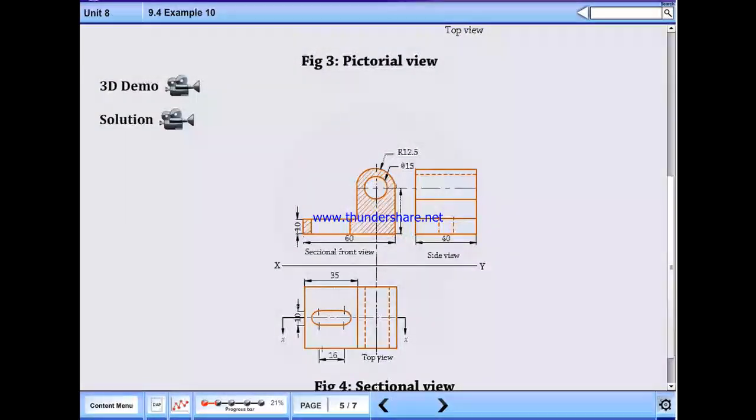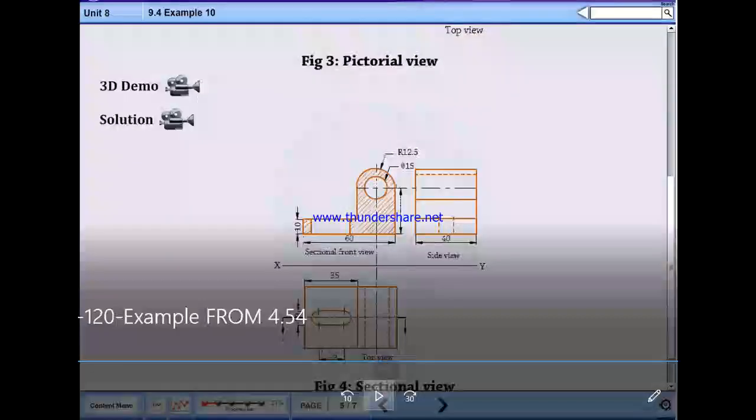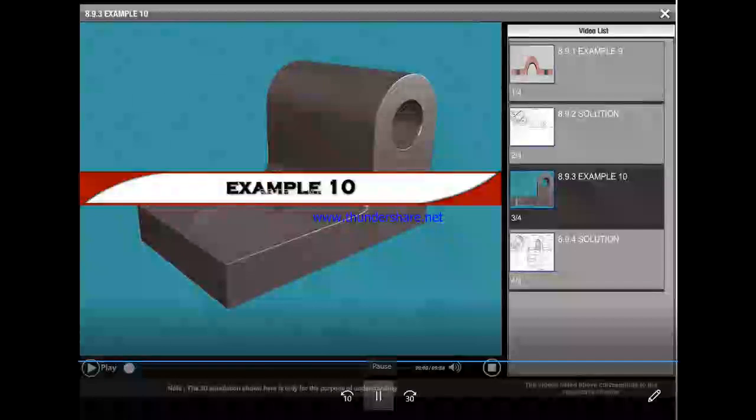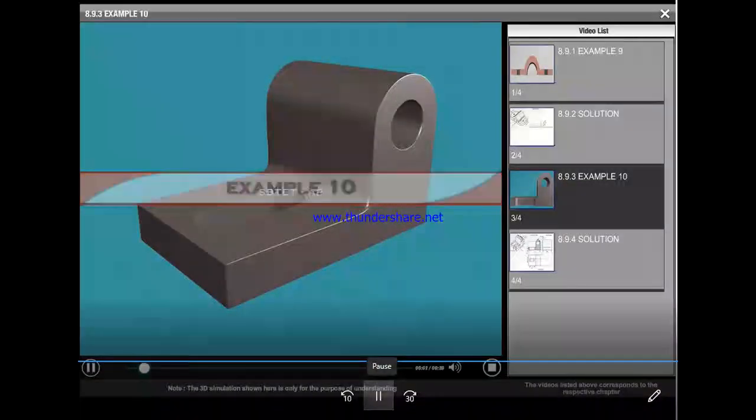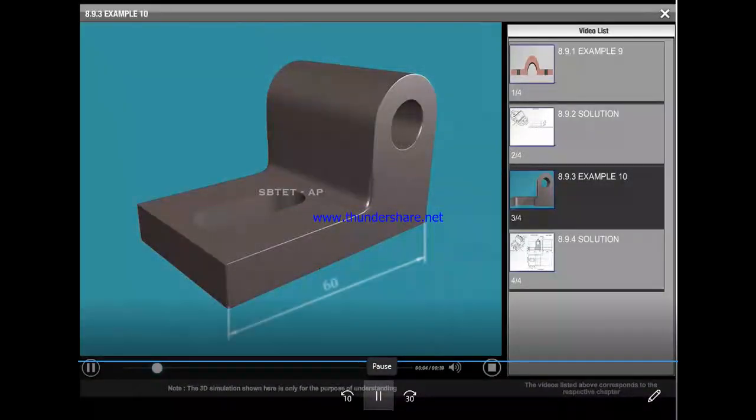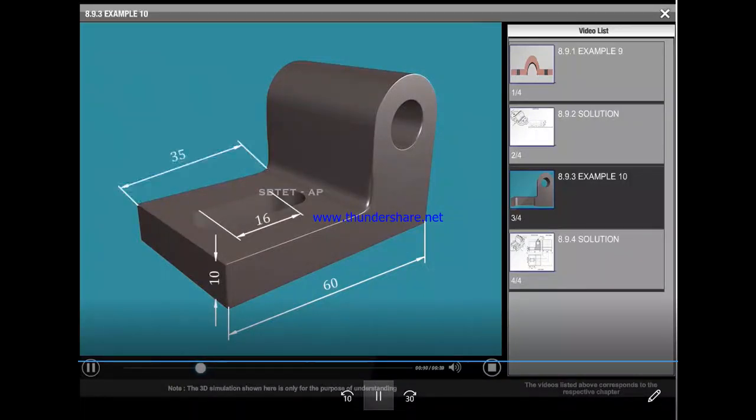Now note down the sectional view. Example problem 10. In this problem, the pictorial view of an object and its two orthographic views are given.